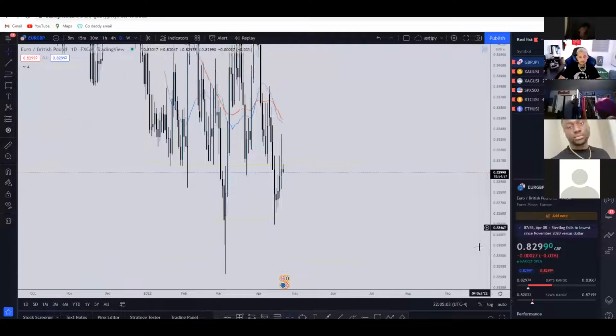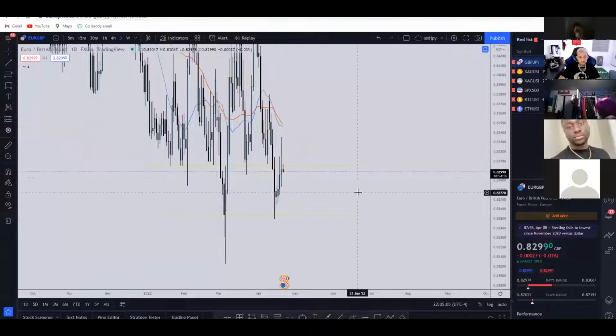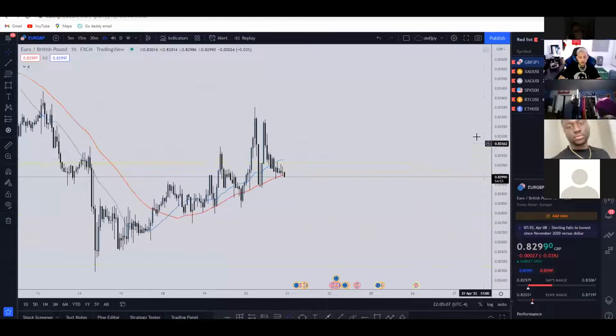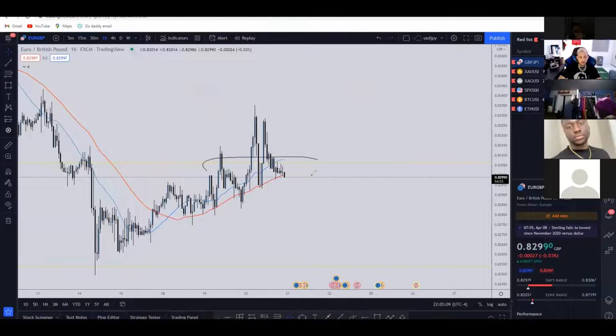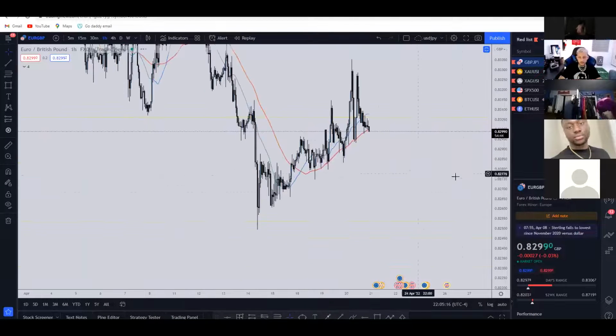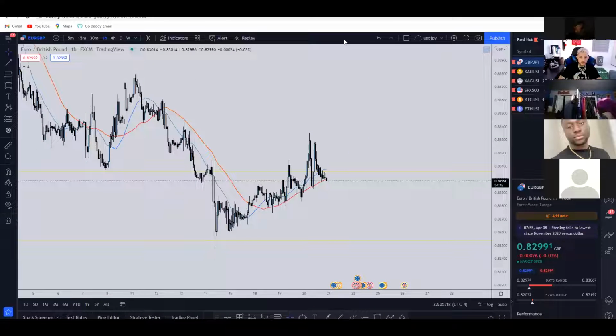Around like what area would you like? Once it breaks, pretty much like the next zone coming up, or look to get into the trade. I would look to short within this area here, but this is literally the first time I've opened this chart up. So